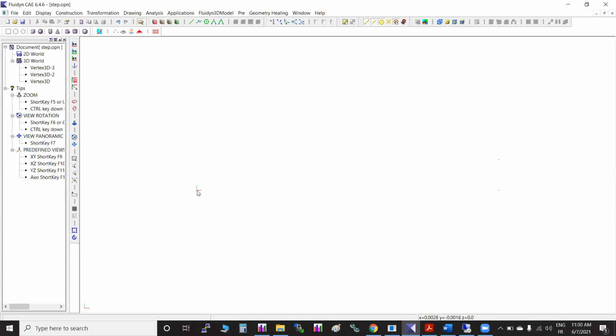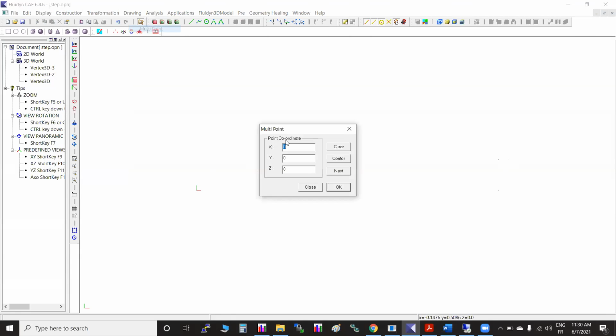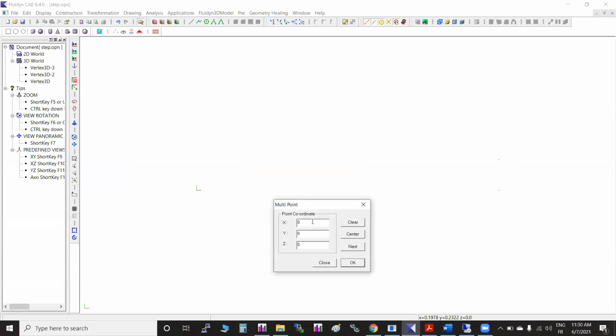So we have 1.000, another point 1.05, and the topmost third point. A few more points I'll take: x is 0.1, y is 0.11. Next point is x is 0.1, but y is 0.076. Next is x is 0. Click on OK.